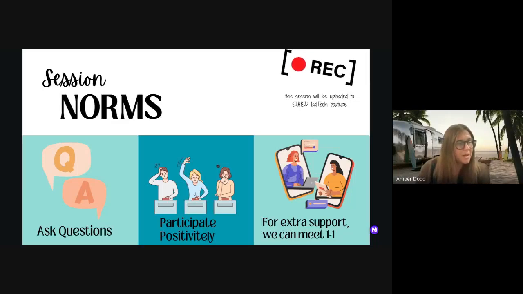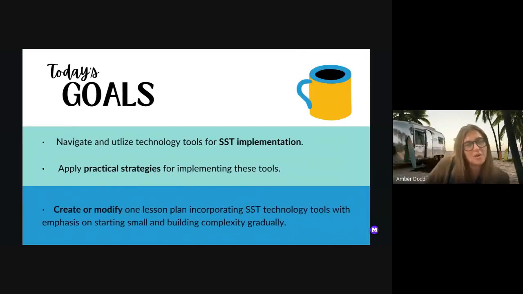We are talking about structured student talk using technology. So what we're going to talk about today is really looking at navigating and using tech tools for structured student talk implementation and having practical strategies for implementing these tools. So things that we can use, how we can use them in the classroom, how we can make it work